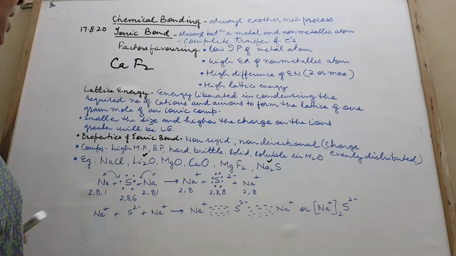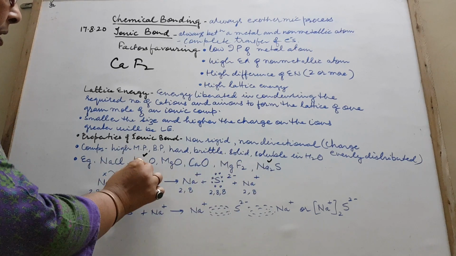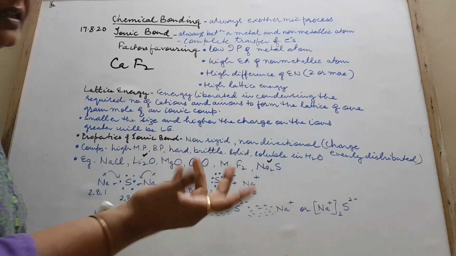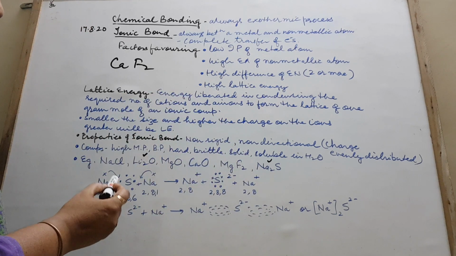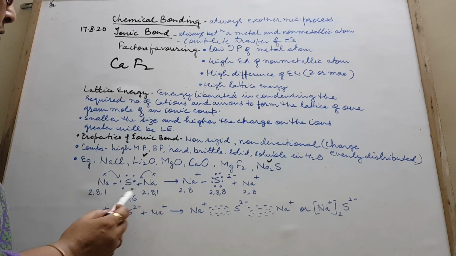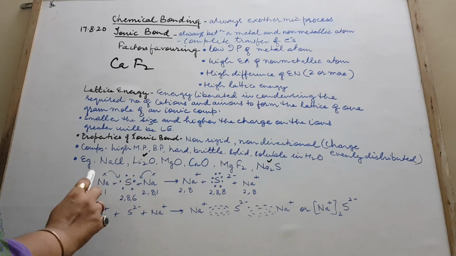You had NaCl. So out of this, Li2O and Na2S you see are similar. Li2O or Na2S, this kind of example was not there, so I have taken this for you. So what is there, children? This is our sodium atom, 2,8,1, 2,8,1, and sulfur 2,8,6. Six electrons in the outermost shell, and Na has 1. So they are giving the